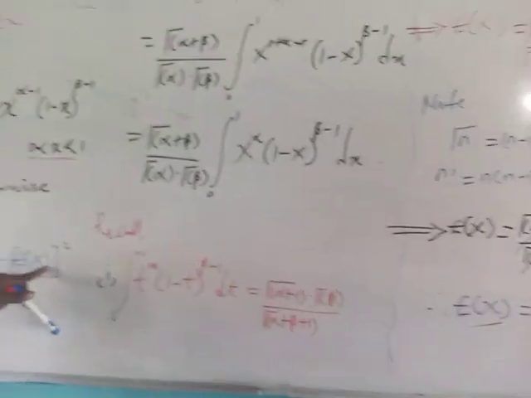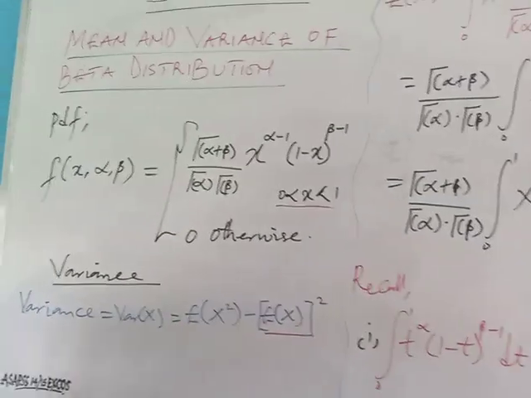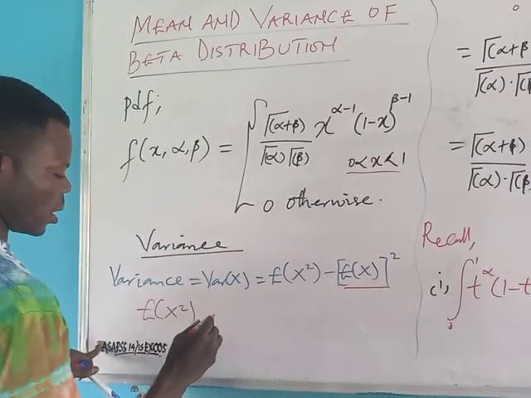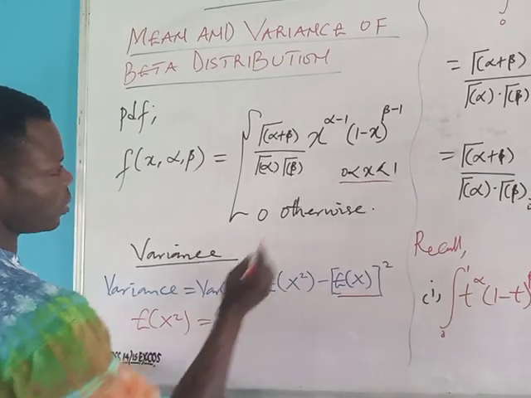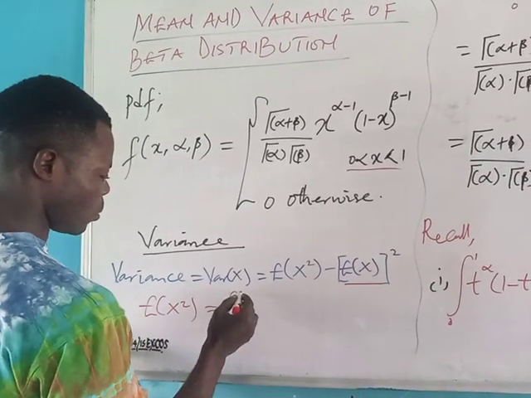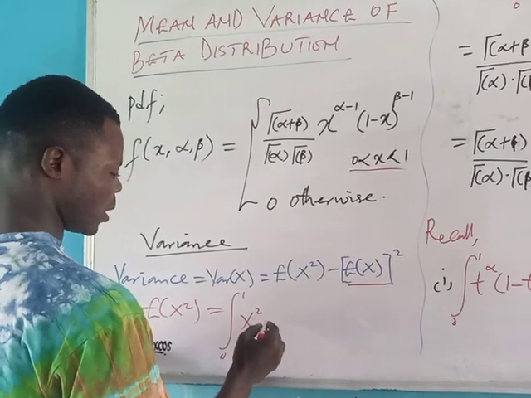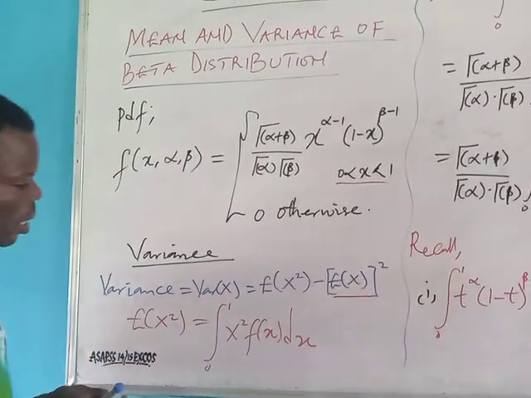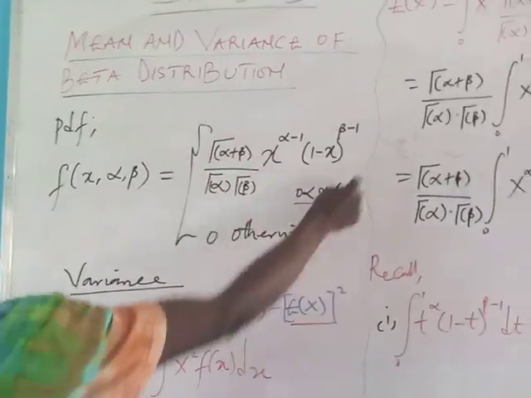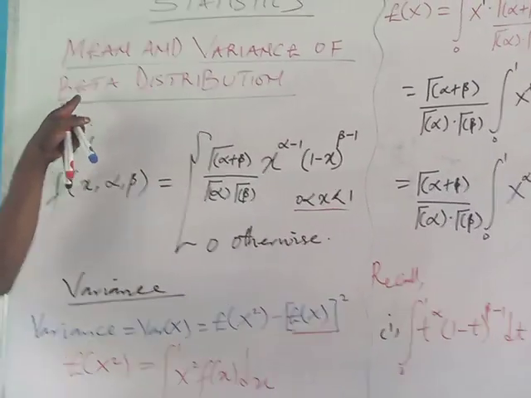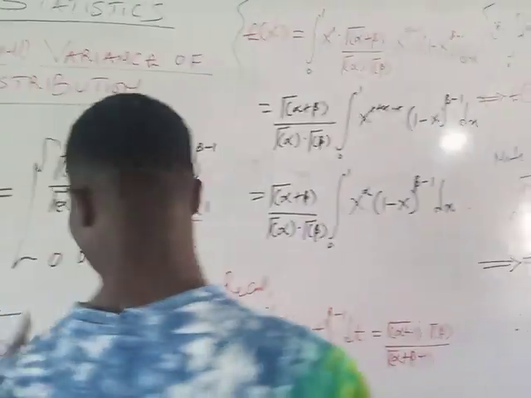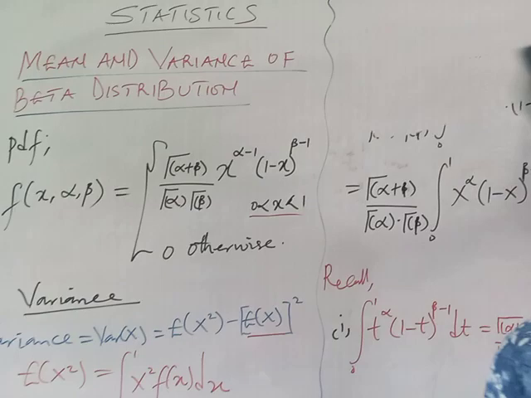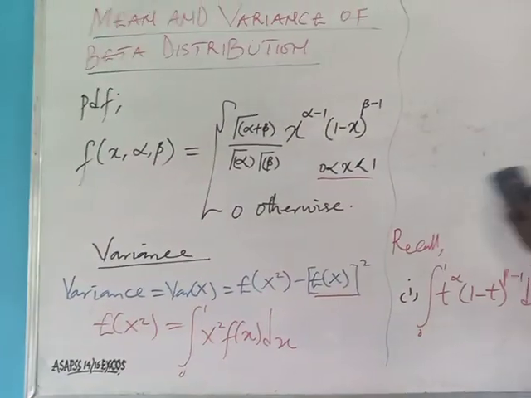It's our mean. But this, we need to find the value of this. Let's find this. Expected value of x squared is equal to the integral over the range 0 to 1 of x squared times our function of x with respect to x. Our function of x is the distribution of the beta. So let's substitute this distribution into this function here, and if we do that, we are going to have